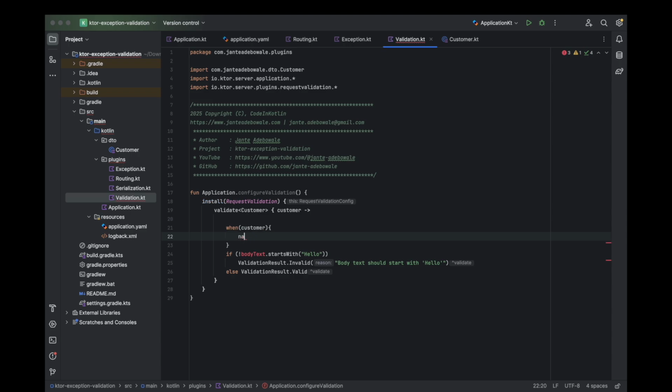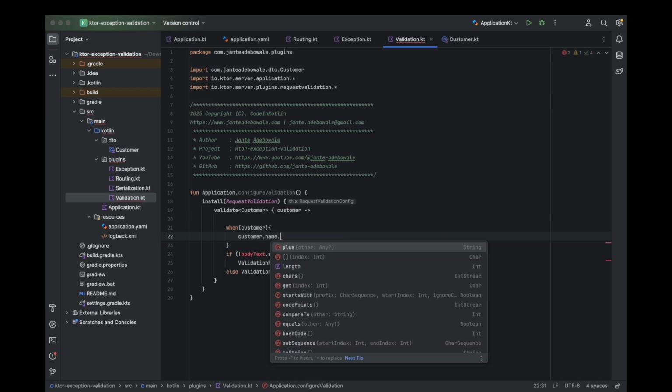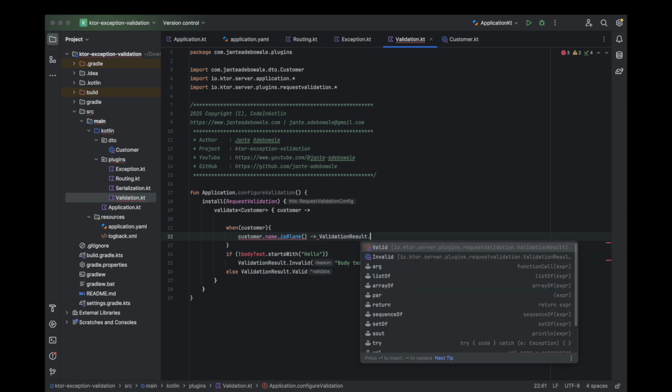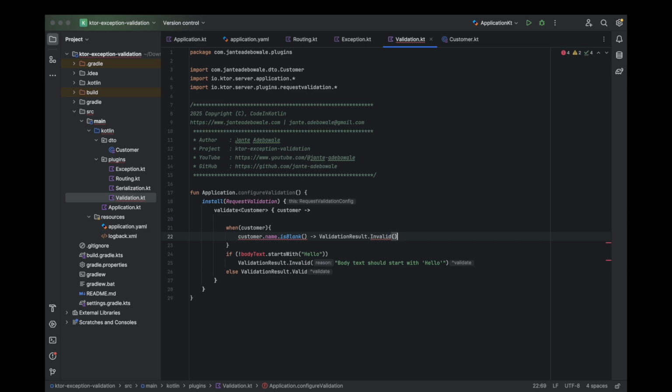So we have customer dot name, right? If it's blank, this should simply return validation dot invalid. Then we have the message here. Simply put, name can't be empty,